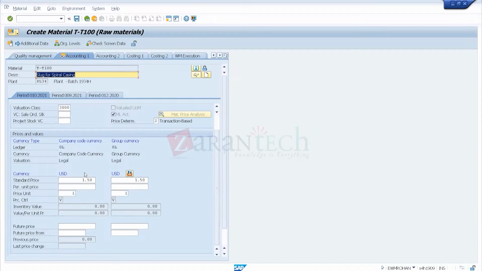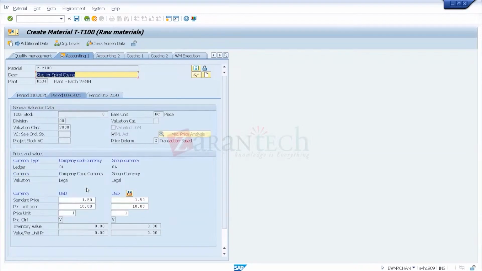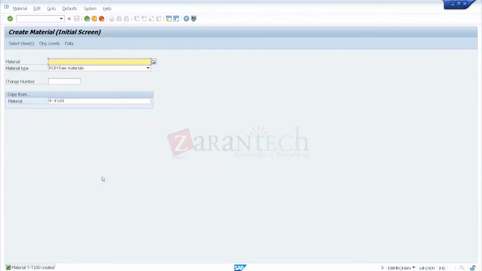This is due to the material ledger. You can see your accounting in two currencies, and you can see the details at different period levels. I'll just maintain a price here. In our case, our group currency and local currency are the same, so no change for us. In your production environment, as EWM consultants, we then have to discuss and talk about